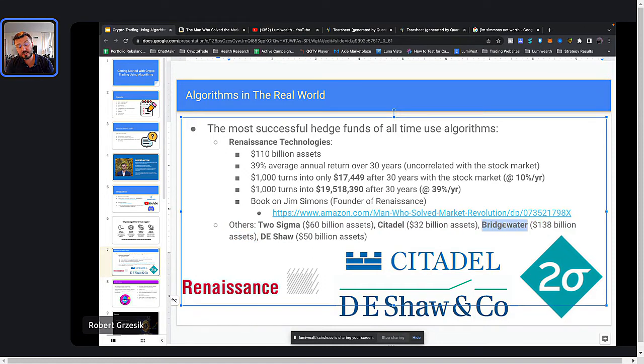And surprisingly, this first quarter, the stock market's down. It was one of the worst quarters since the 1970s in the stock market. These guys still made a ton of money. They were up 30% when the whole stock market was down 30%. So they beat the stock market by 60% in the first quarter of this year. Very, very profitable and very successful company.